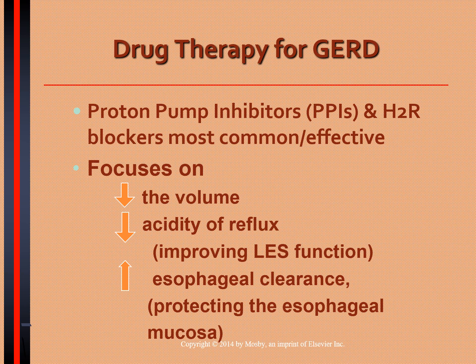Drug therapy for GERD. One of the big ones is PPIs, proton pump inhibitors, and H2R blockers. These are the most common and effective. So H2R blockers are histamine-related blockers. Focuses on decreasing the volume, decreasing the acidity of reflux, and increasing esophageal clearance, which really is protecting that esophageal